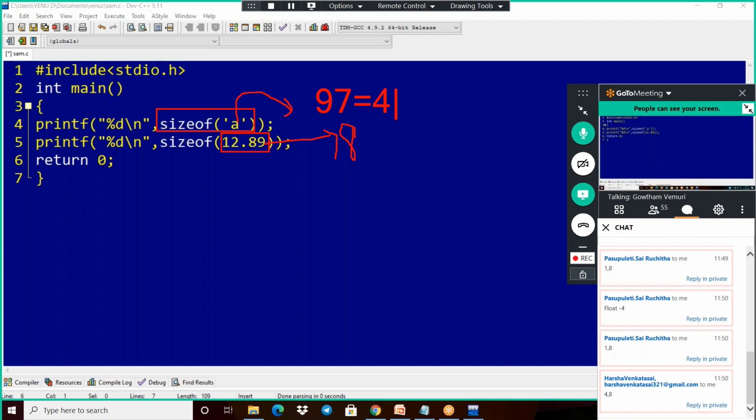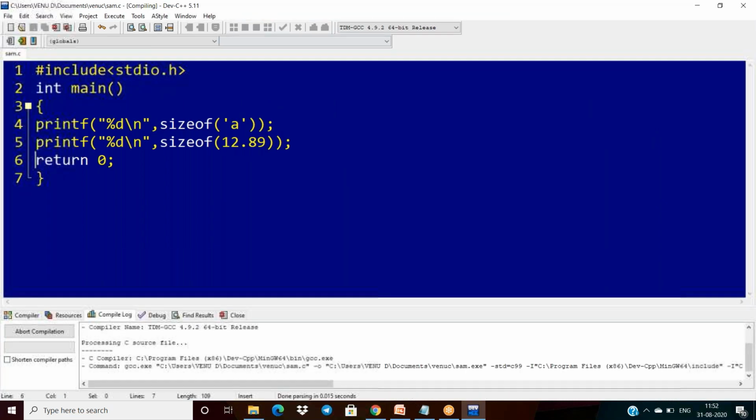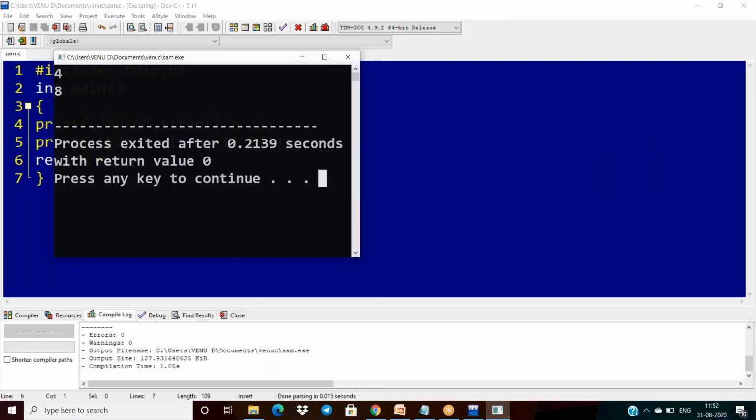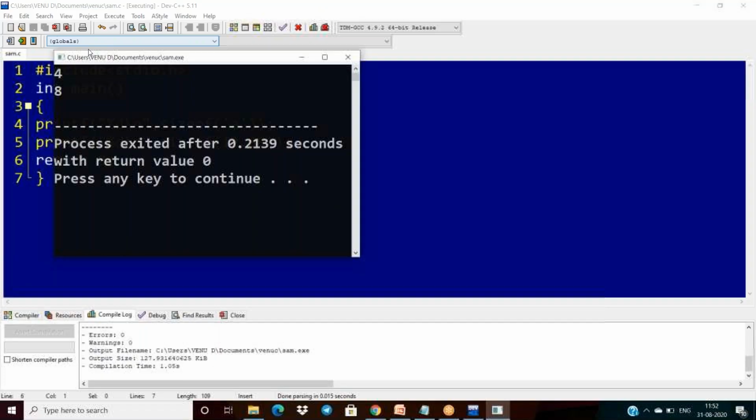By default all decimals are double type. In the math.h header file, all decimal functions use double return types only. So that is why the expected output is 4 and 8.